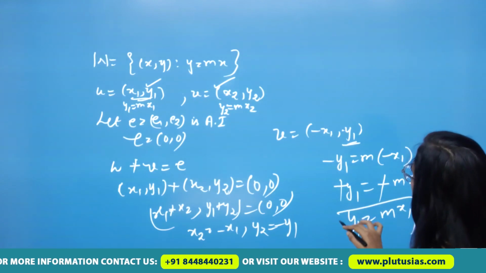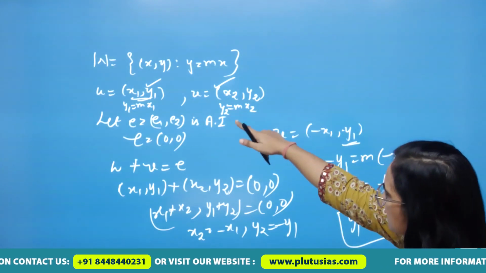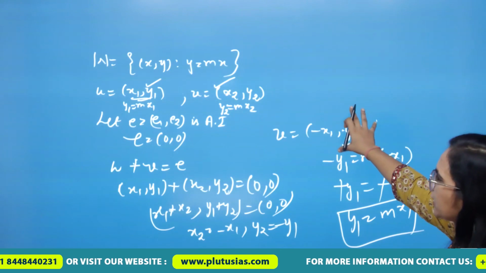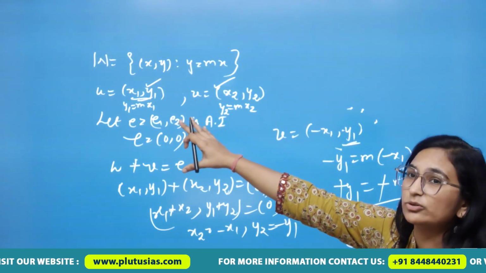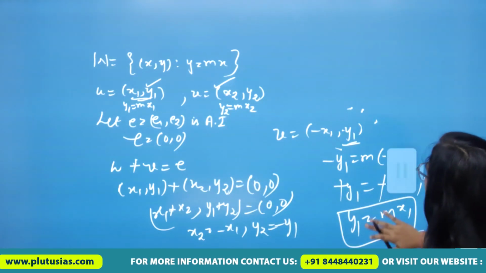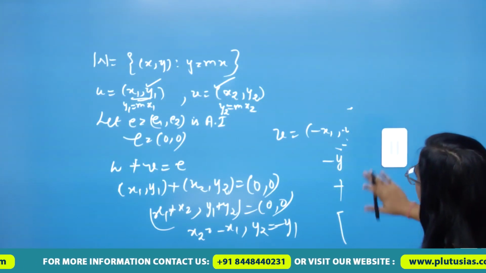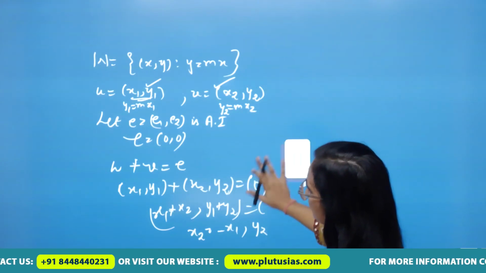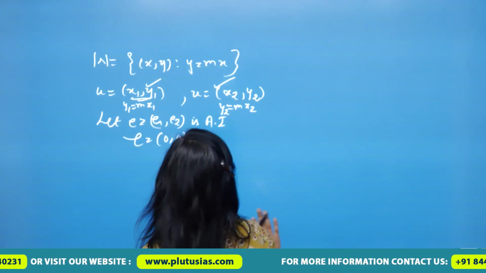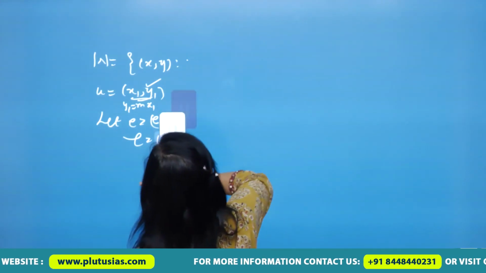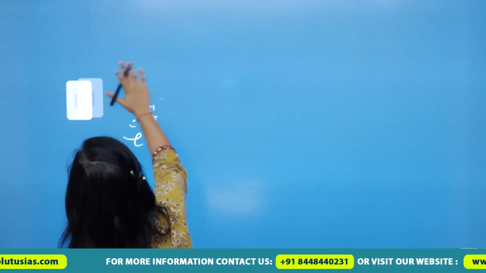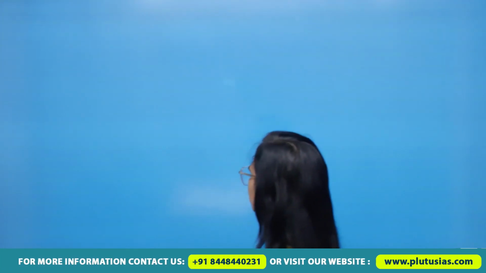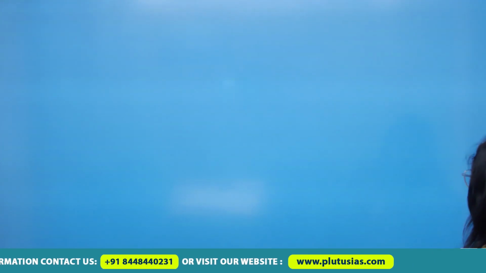Hence x1 and y1 satisfies our condition. That means this v qualifies to be an element of W, and hence we can say that in W we have additive inverse for every element, right? So we have proved that additive inverse also exists, and these were two things that we needed to prove. So this is the proof of this example, right?